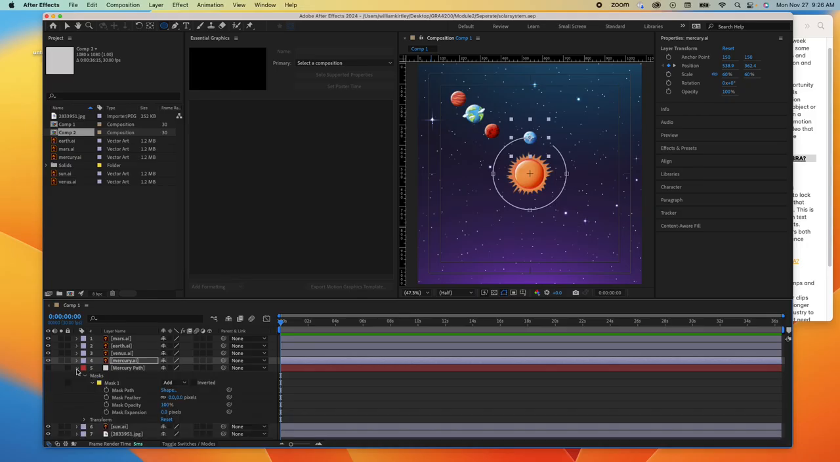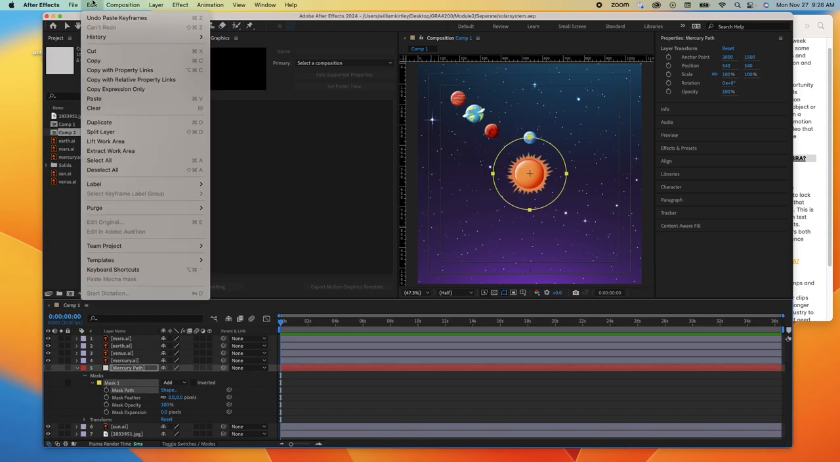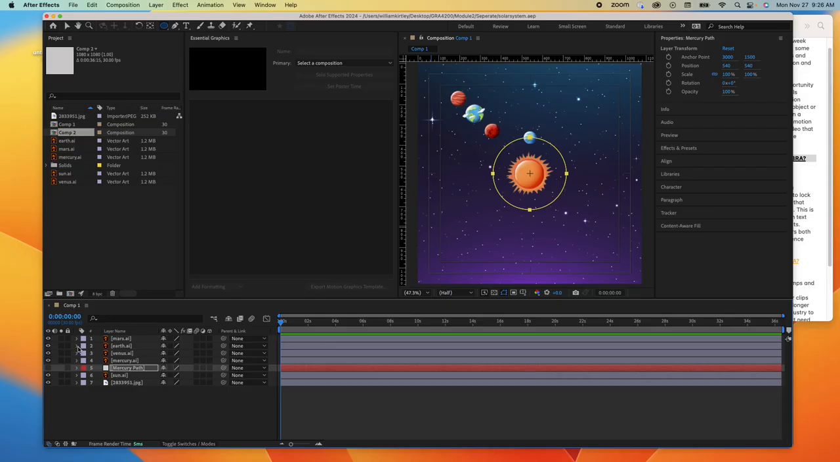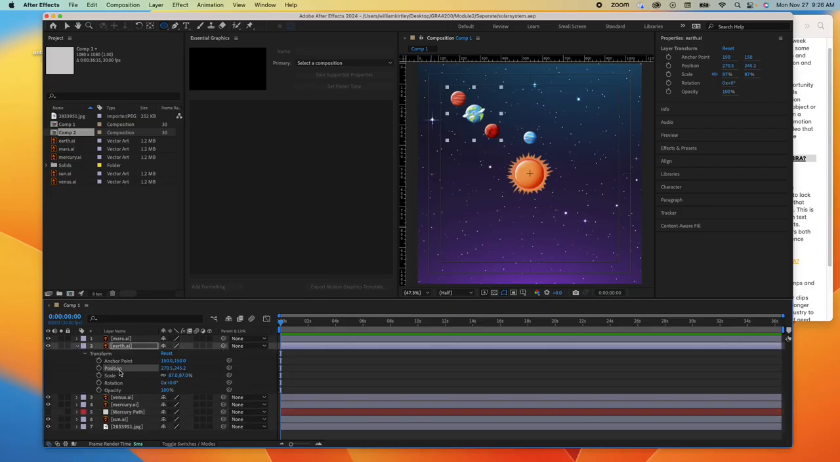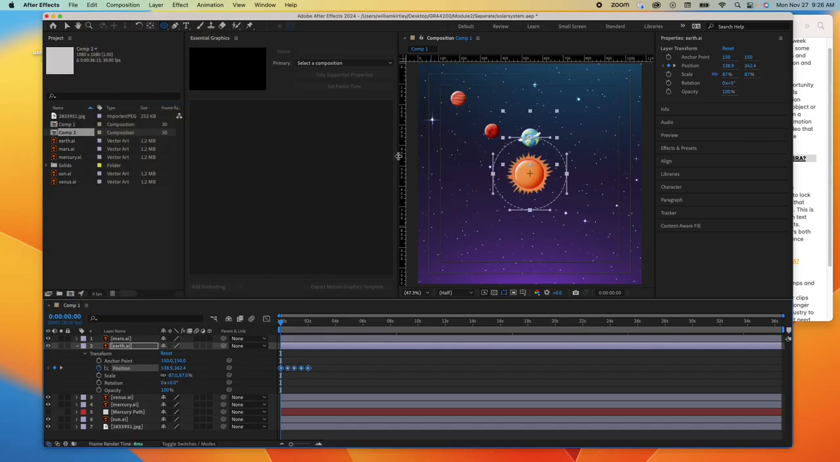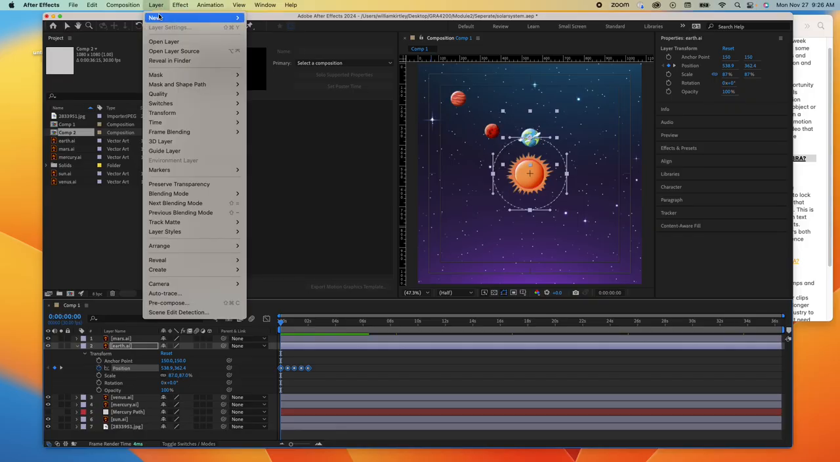So I'm going to go to Mercury path again, and I'm going to just copy it. All right, and then I'm going to go to Earth, under position again, and paste it. Okay, now right now it's going on Mercury's path, so we need to enlarge that path. Okay, so I'm going to go to layer,